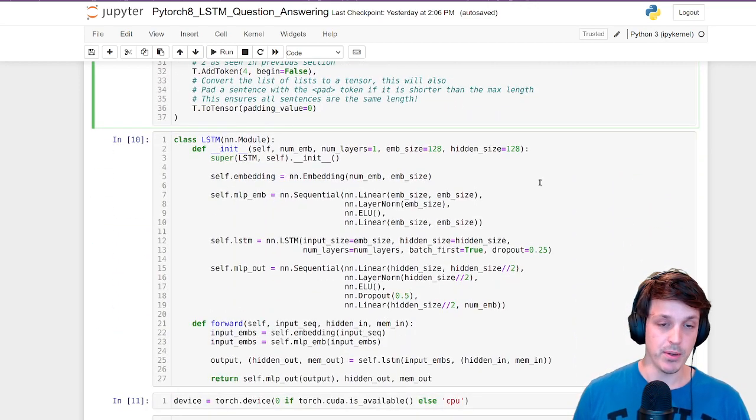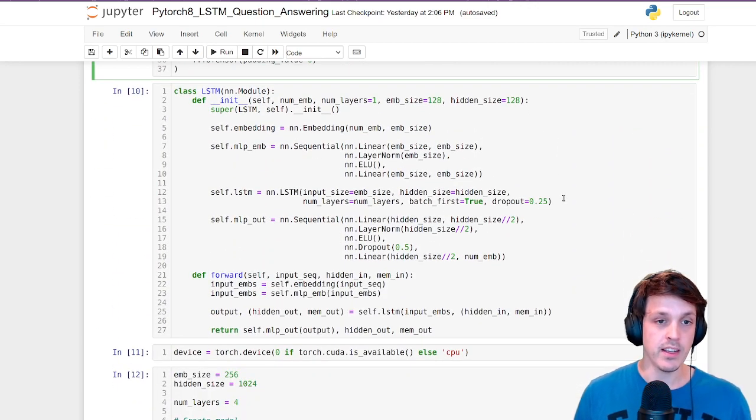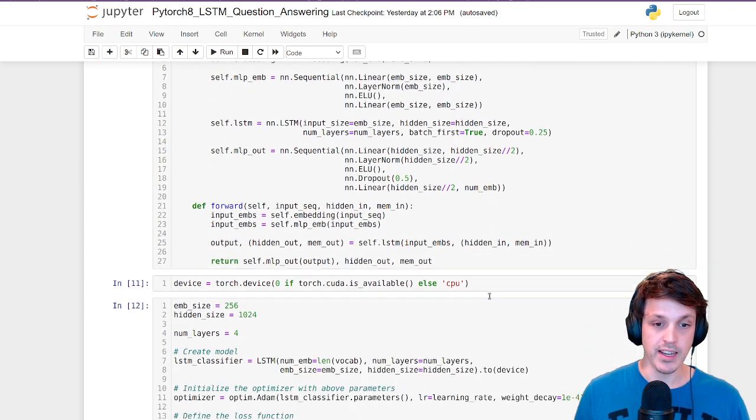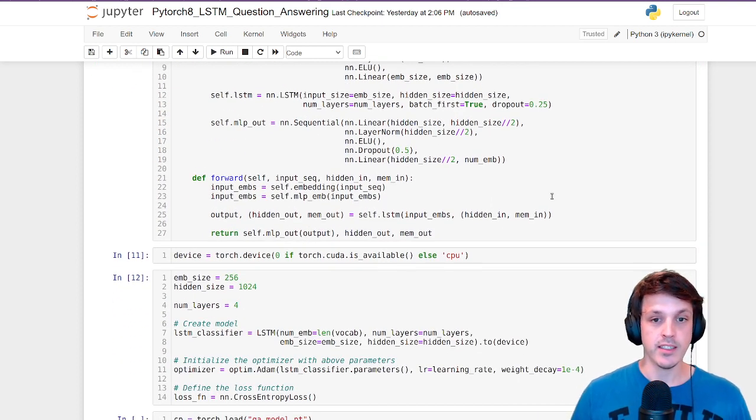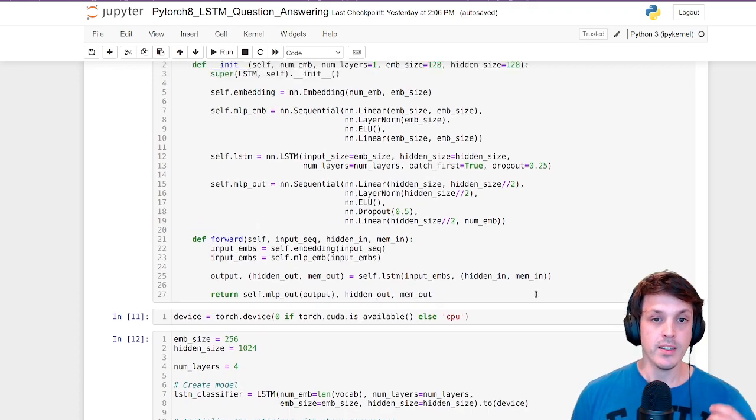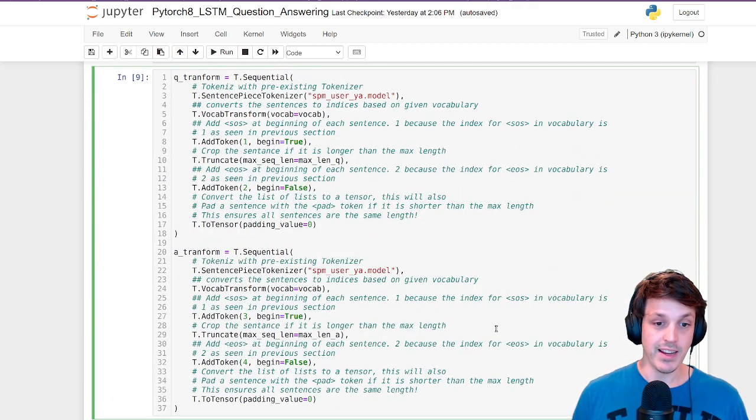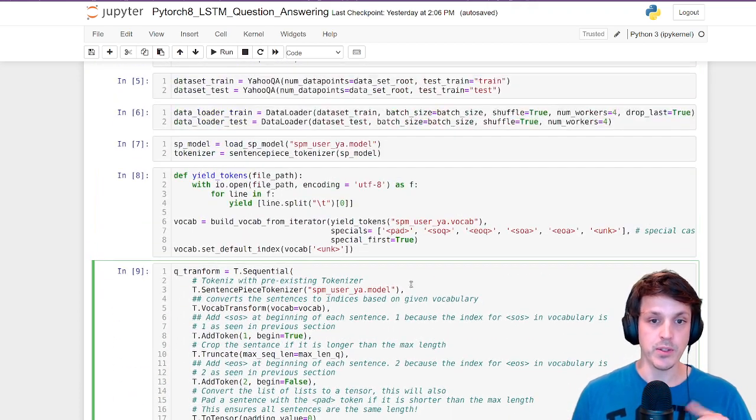Our model is going to be pretty much exactly the same as the previous one. We're using LSTM still. Again, we have our embedding with our LSTM, multiple layers, and we're going to have our output. Again, we're doing classification over all the vocab tokens, and we're going to pick or sample from the distribution once we've trained that. So really, that's the only main difference here, is that we're going to have this question